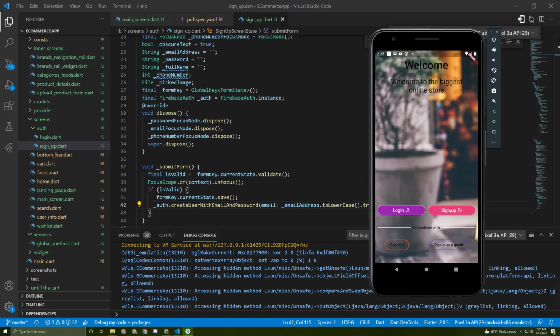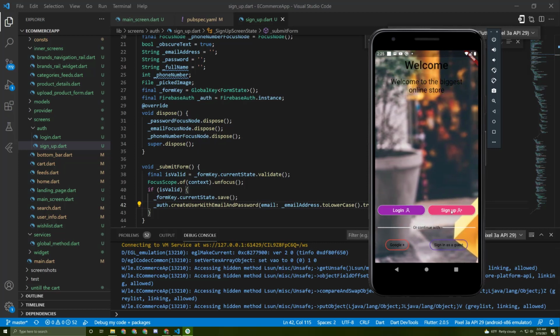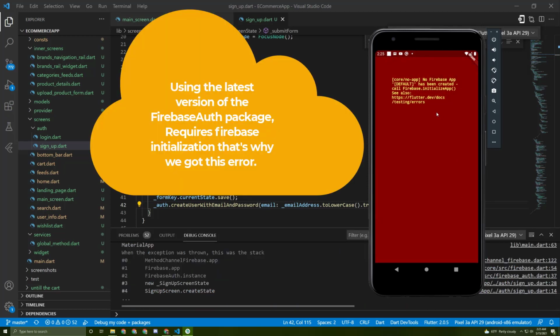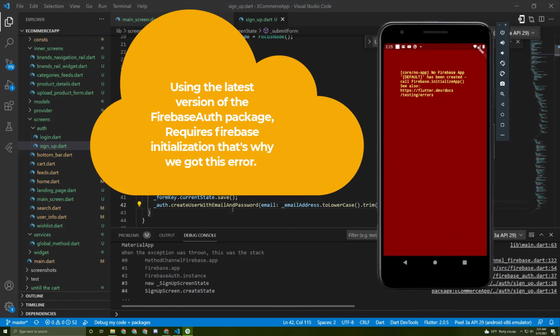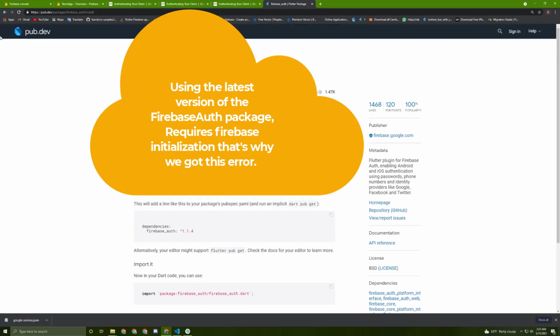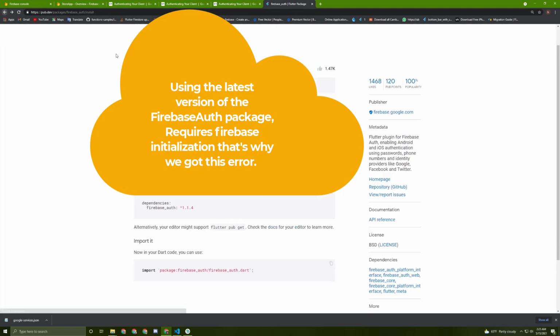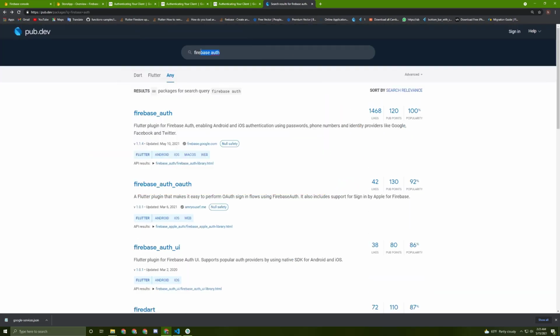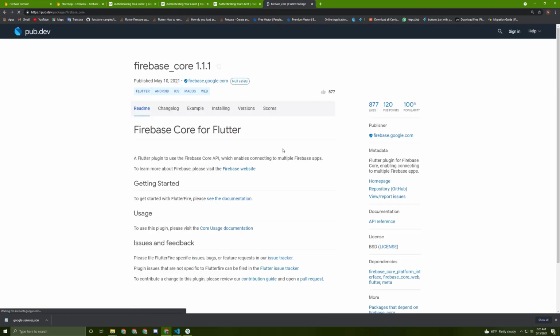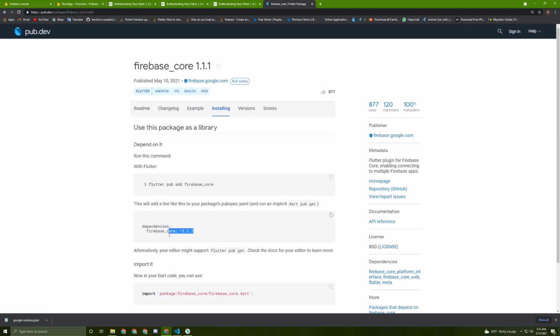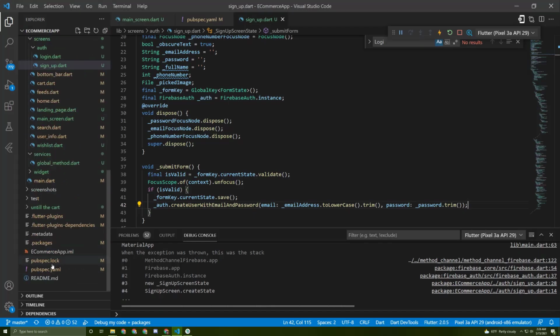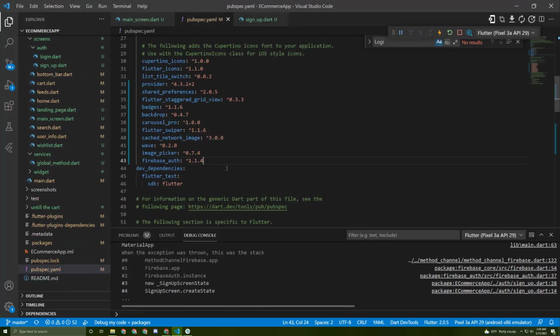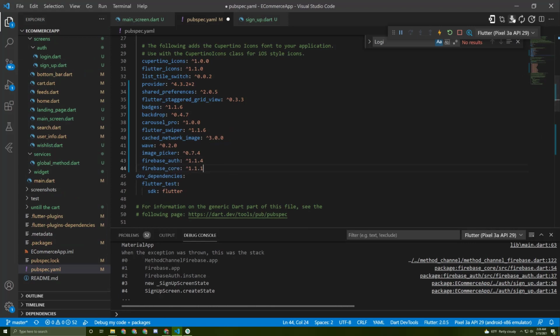Okay, so the app finished running again. So let's go to the sign up. And here we got an error. To add this package, we need to add another package first. So let's go back to pub.dev and in here search for Firebase core and install this package and paste it in here. Press on this icon or